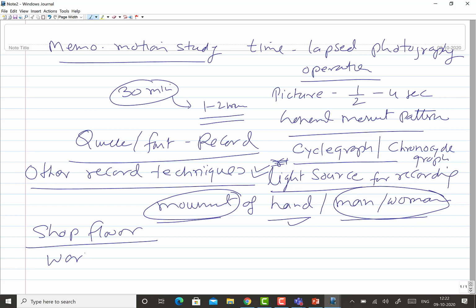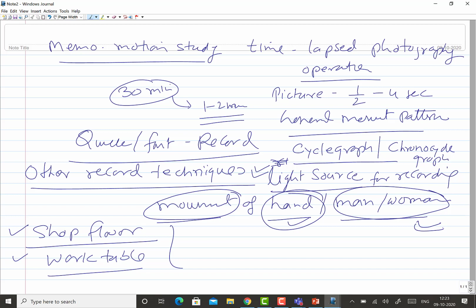So the movement being made by the worker at the work table, or the movement being made by the worker across the shop floor, at both levels this technique can be used to record the general movement. So movement of the hands or legs, or movement of the human being in general in the shop floor, can be recorded using this light source based recording technique.